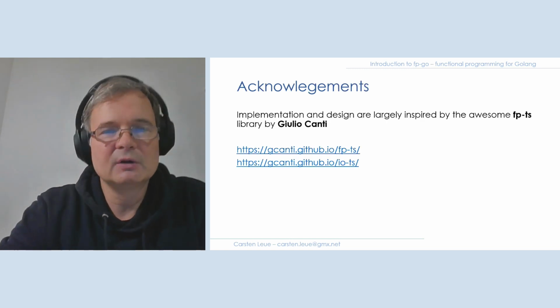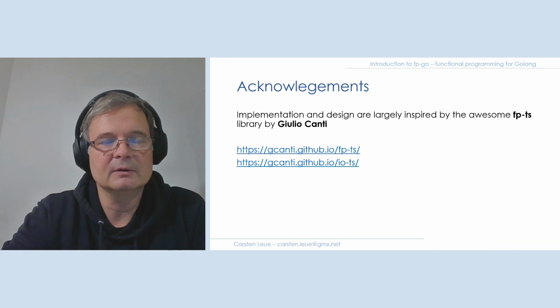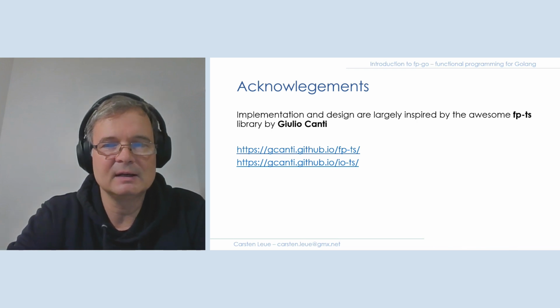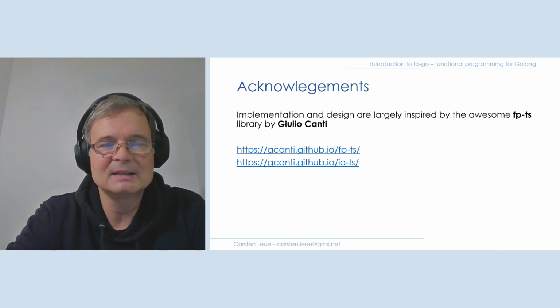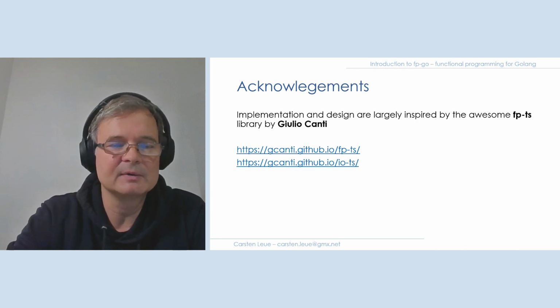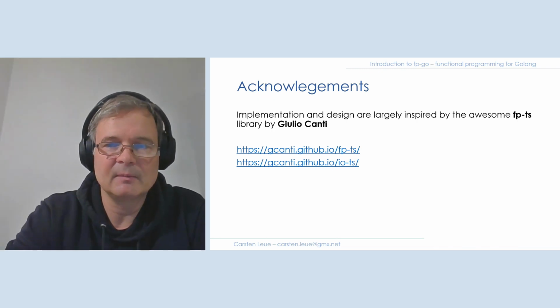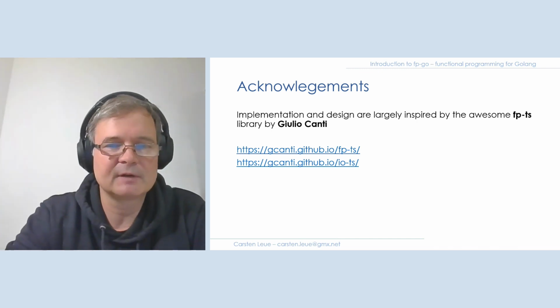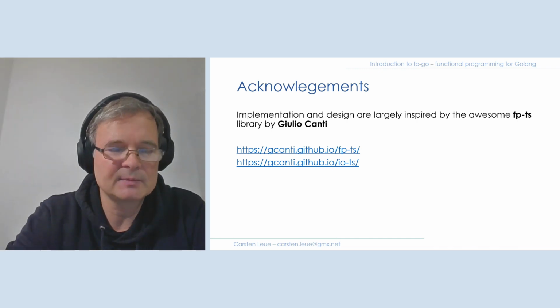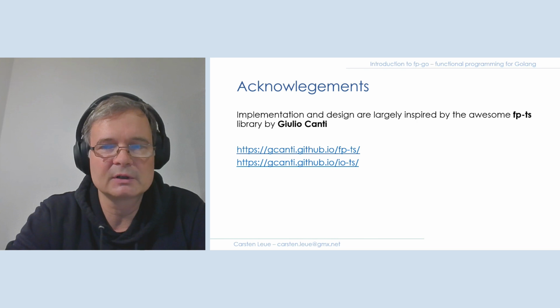And I would also make sure to mention that the library FP-Go has largely been influenced by the awesome TypeScript library fp-ts by Giulio Canti. So this is a library that brings functional programming concepts to TypeScript into the JavaScript world.